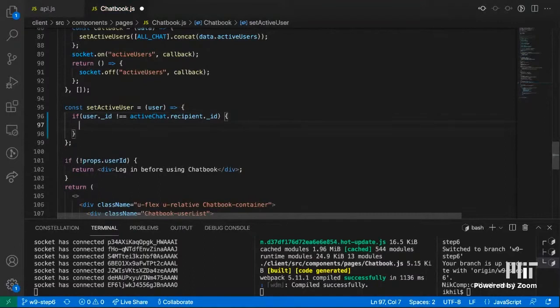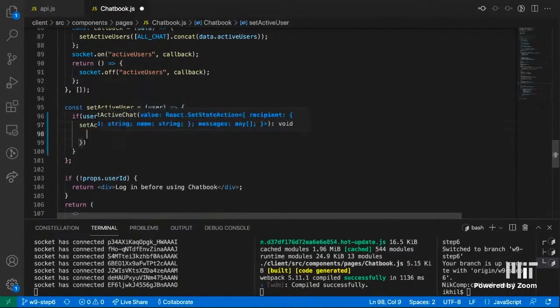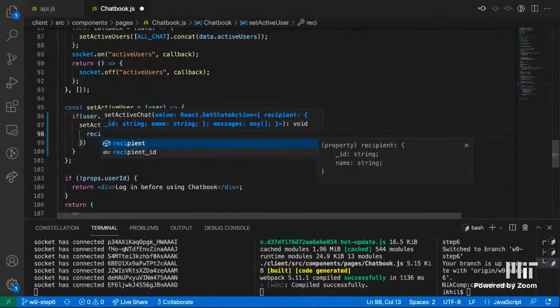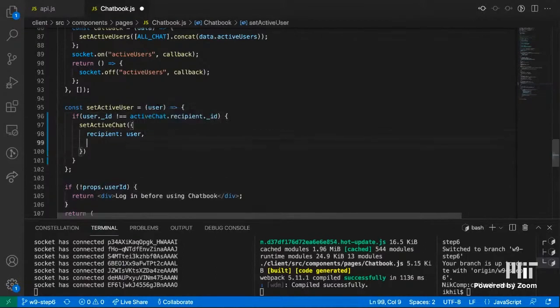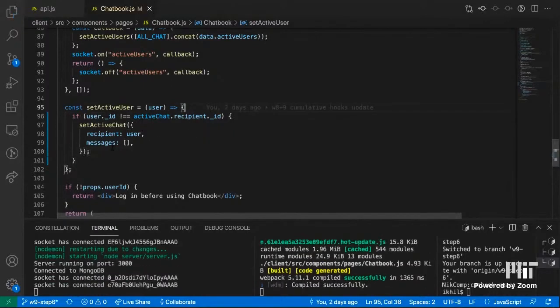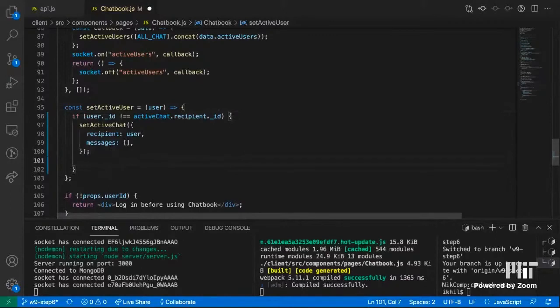So what we can do is then set the active chat to have a recipient. It's the user that we clicked on. And right now we're going to set them to have no messages because we're going to load those messages in. Now, one way to load these messages in, and it's a totally valid way, but not the ideal way, would be to just call load message history here. And we would call it on user. And that would totally work,